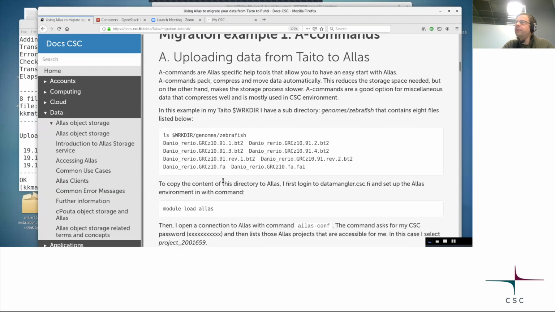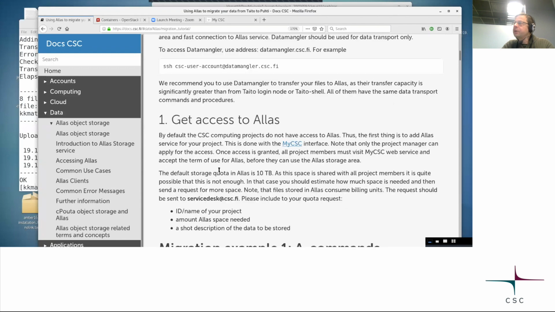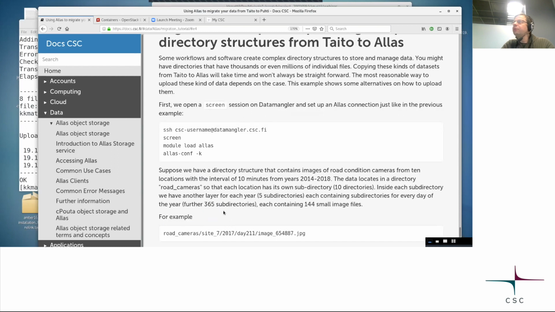So here are examples for both APUT and ArcLoad in different kinds of scenarios, just lightweight, easy examples. And if you have large files, or a large number of directories and individual files to be copied from Allas to Puhti, you can study these ones. Note that this Allas environment in general is still much under construction, so even these tutorials are changing all the time. Check out the systems from here, and if you have any questions, contact CSC,